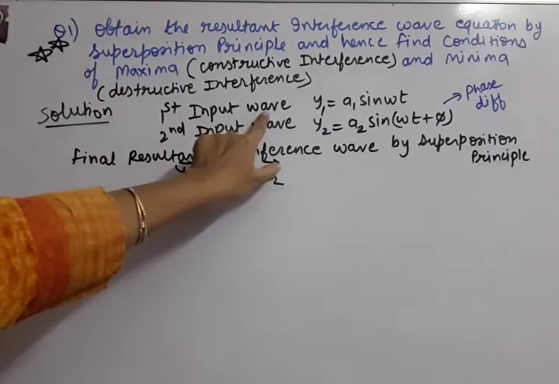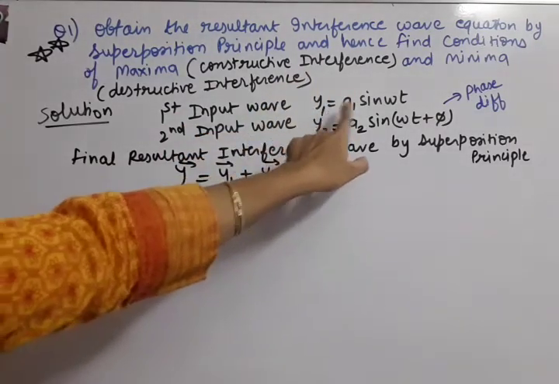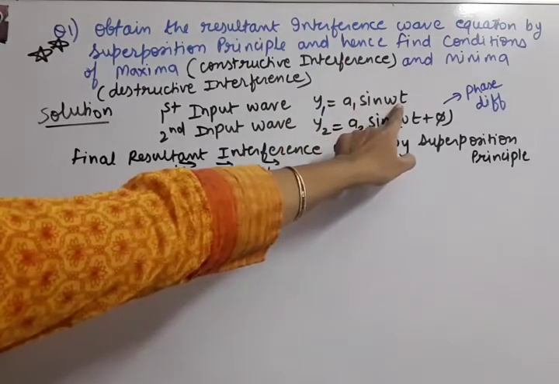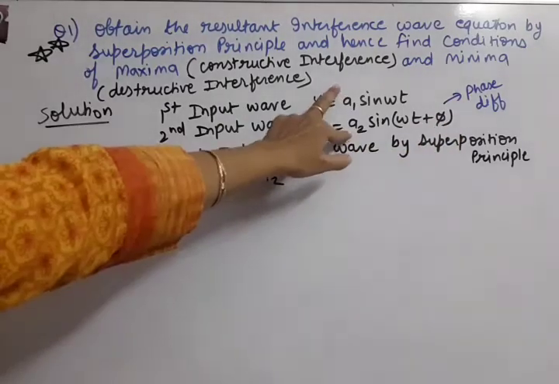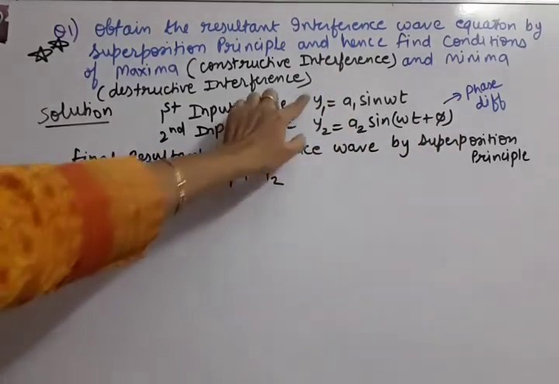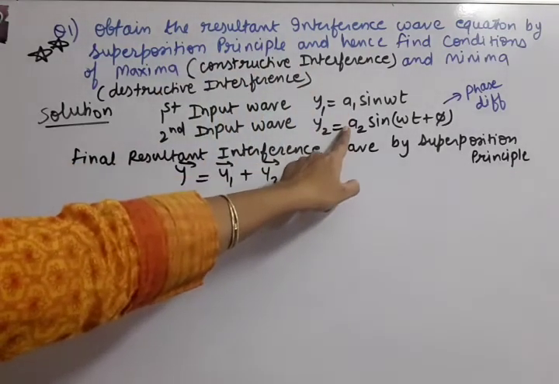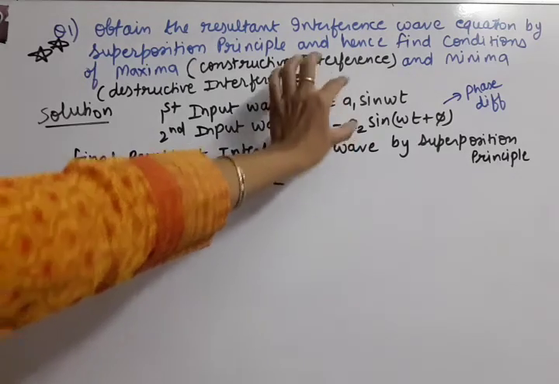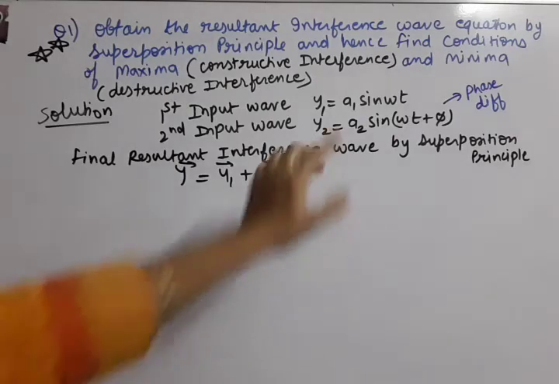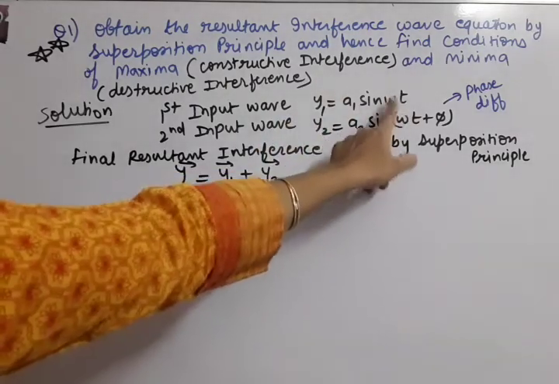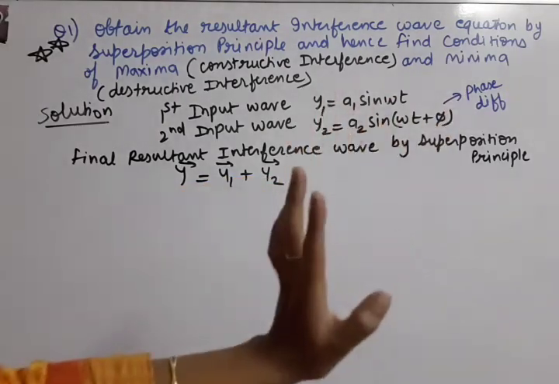First, the first input wave equation and the second input wave equation we have to write. So as I have told you, y1 equals a1 sin omega t and y2 equals a2 sin(omega t plus phi). These are the two input waves. Okay, these are called displacements of the two input waves. After that, a1 and a2 are amplitudes of the two input waves. Now here the amplitudes need not be the same, there is no restriction for the amplitudes. They can be different also. But the frequency should be the same, so omega, omega is written. And one phase difference we have to show, that is a constant phase difference.